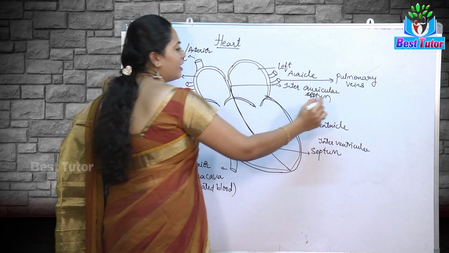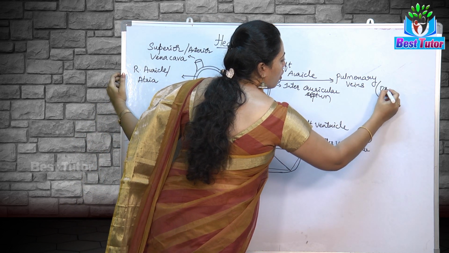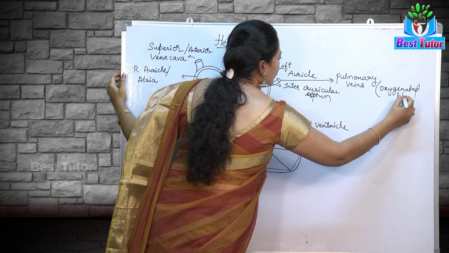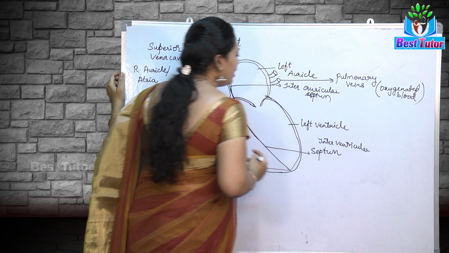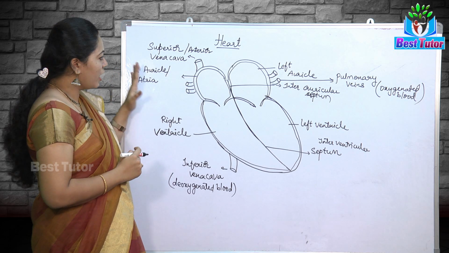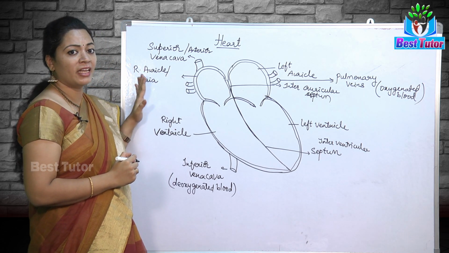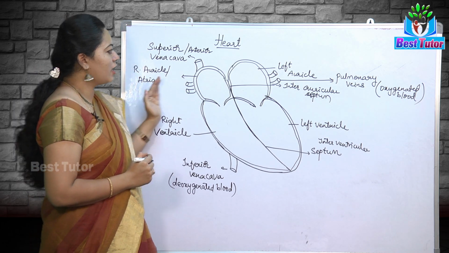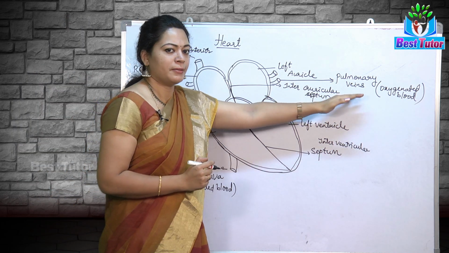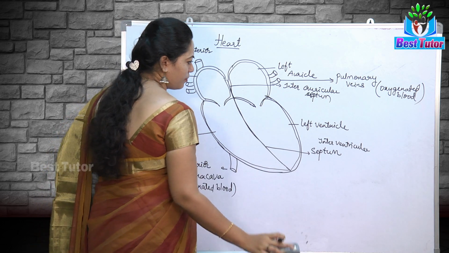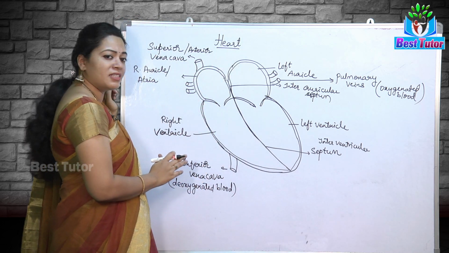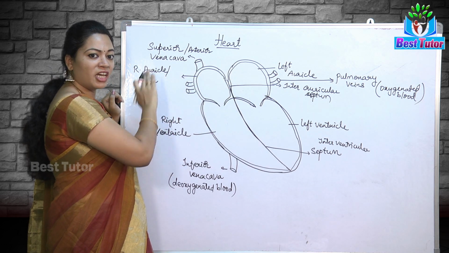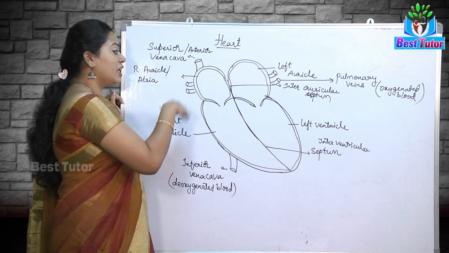So they are carrying oxygenated blood, unlike the vena cava which are carrying deoxygenated blood. So now we understood the blood vessels which are carrying blood to the heart. One is the vena cava and the other are the pulmonary veins. Then next we will see the blood vessels which are leaving the heart. These two are the types of blood vessels which are entering the heart. The blood vessels which are leaving the heart